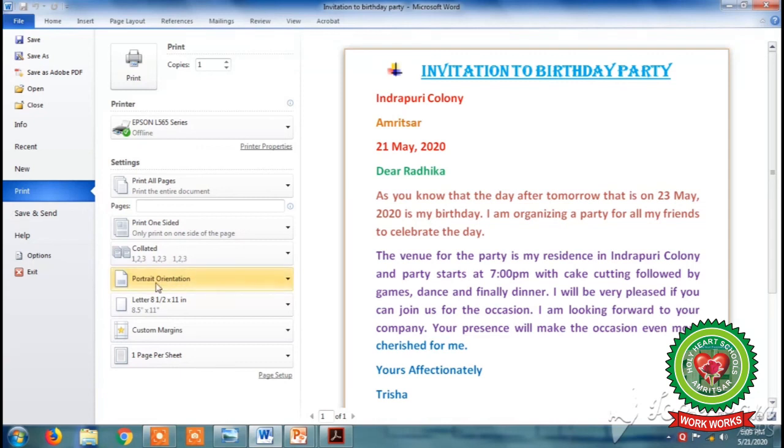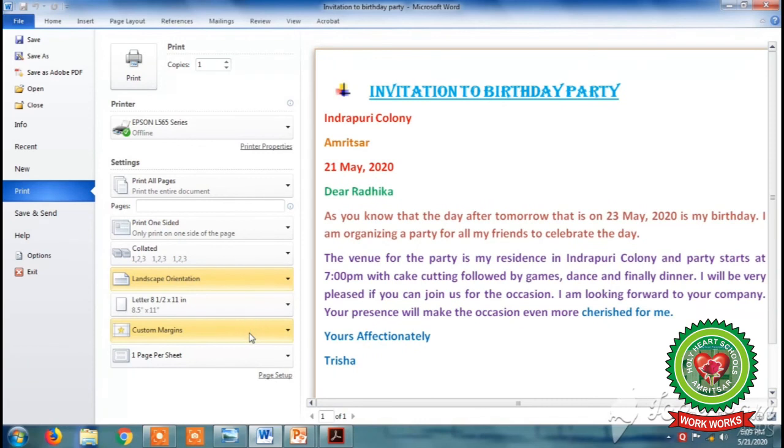Similarly, you can change the orientation, that is the layout position of the paper for printing. By default, you can see that we are having portrait orientation. So you can make it landscape also.